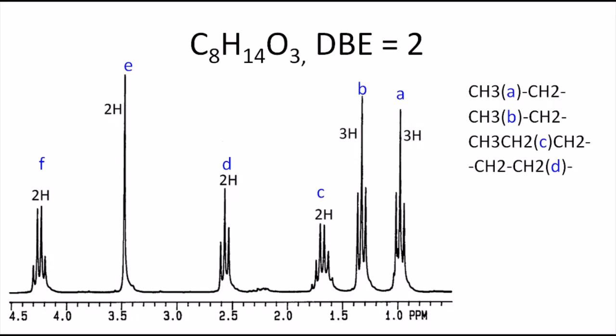And therefore, let us analyze another signal E, and that E is a singlet. You can see the value is 3.5, and therefore it should be a highly electronegative environment, this CH2, but it is a singlet. It is present alone. It is not connected to any other CH2 or CH3 group. Let us analyze the final signal, which is a quartet. Quartet means this F is connected to CH3. Now these are the 6 signals.